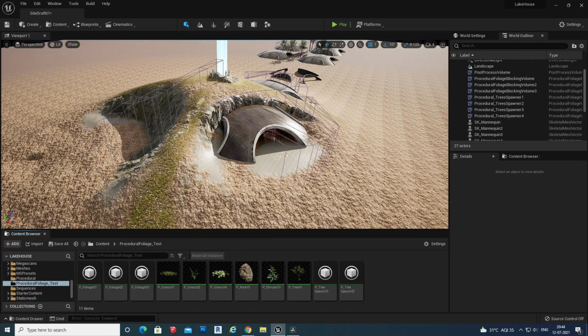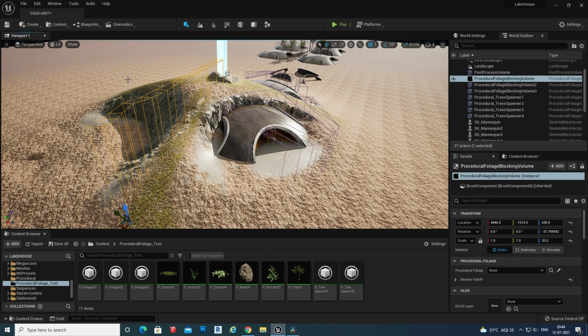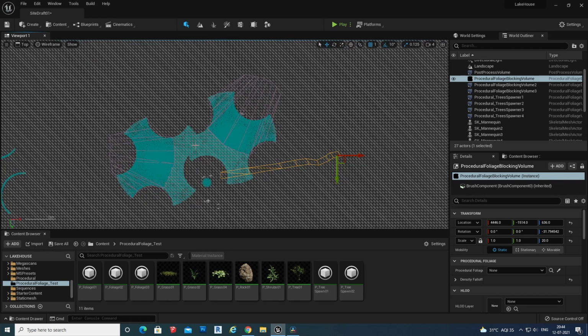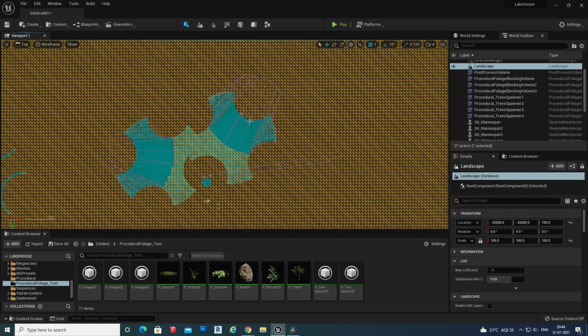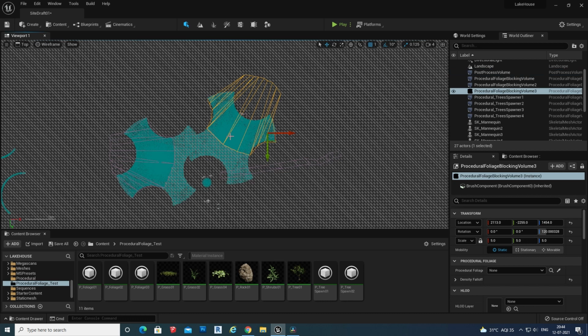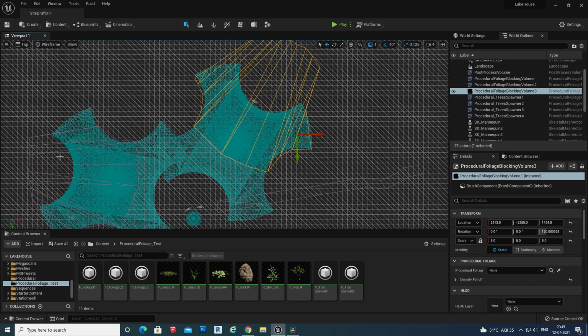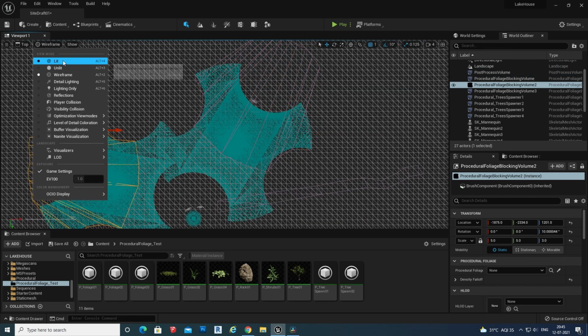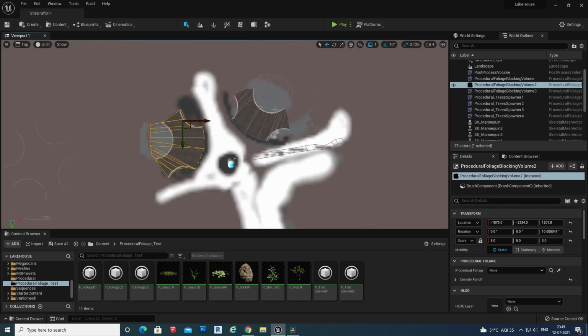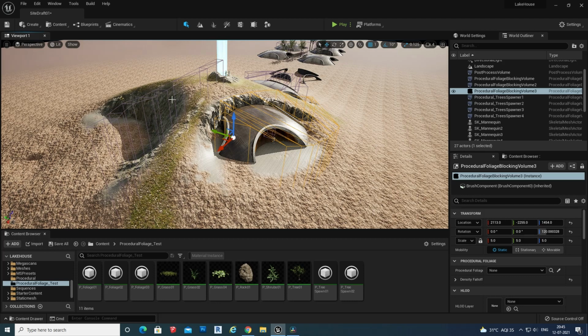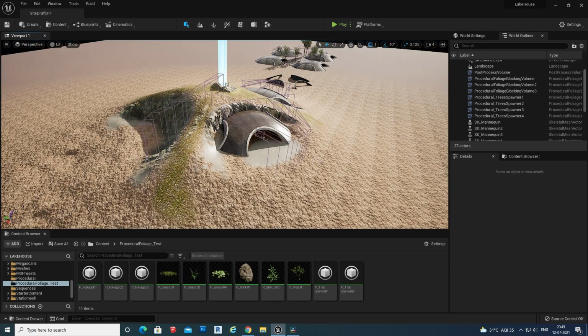Now we are going to test our procedural foliage over the terrain. So what I have done, I have created a blocking volume over the buildings and pathways. So there is a pathway going on the terrain.